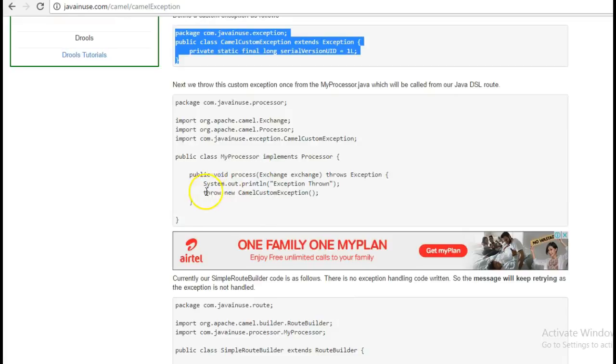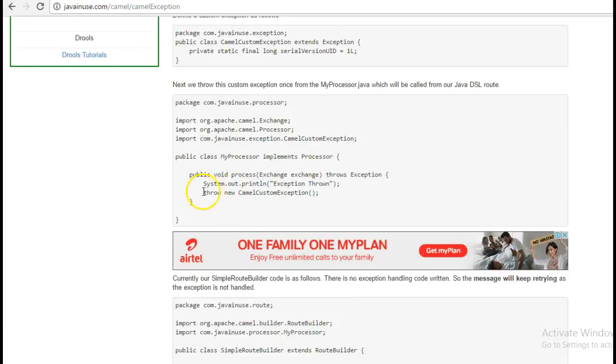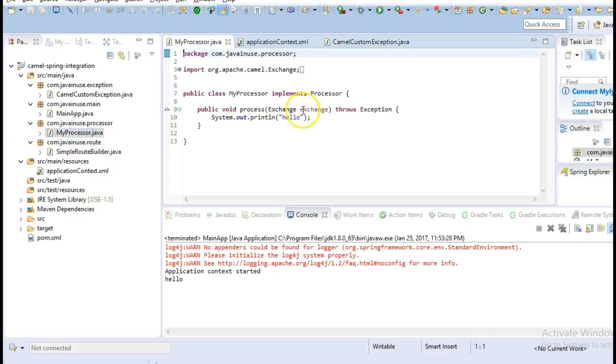Next, from our processor we'll write the code to throw the custom exception. So just copy this. We have already created the processor. So from the processor we'll now be throwing the exception.